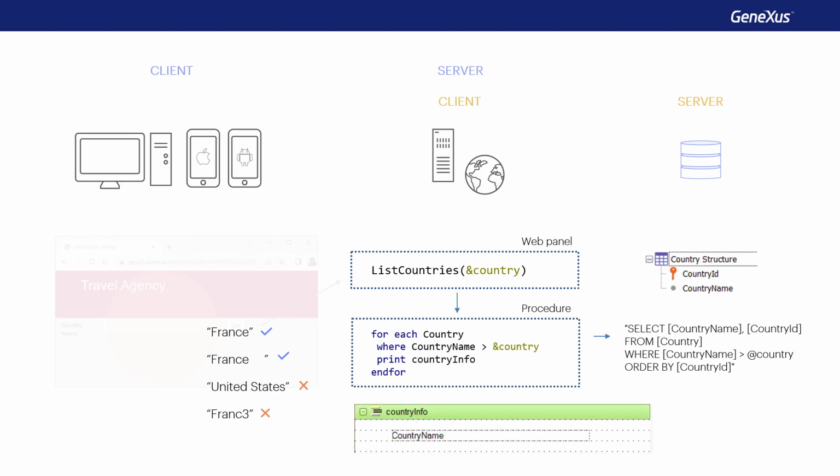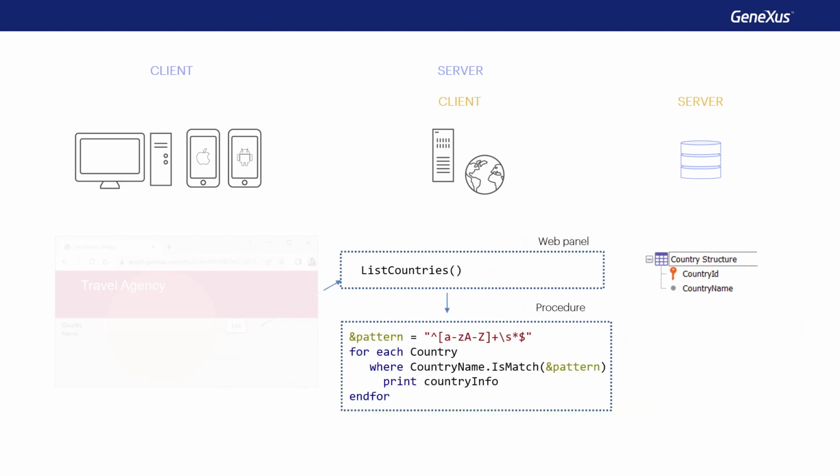Well, if we wanted this, then we would have to program the source like this, where in the variable of character type we establish the regular expression. We will not study them here, but with this syntax, we're indicating that it must begin with a letter between lowercase a and lowercase z, or between uppercase A and uppercase Z, and that it will be a repetition of characters of these classes. Also, it can have 0 or more consecutive blank spaces and end. In other words, it cannot consist of several words, nor of words with characters other than these.